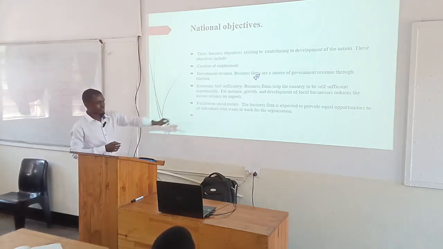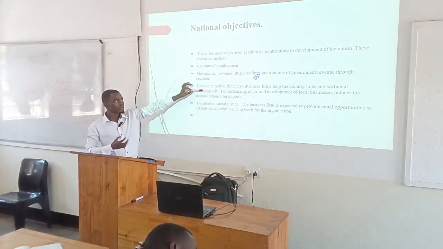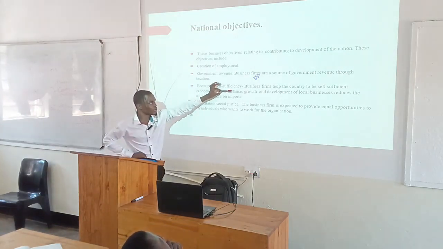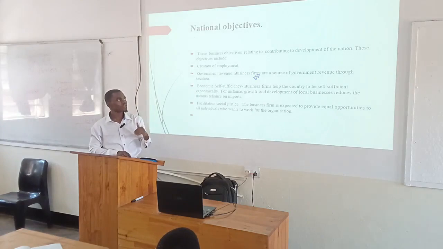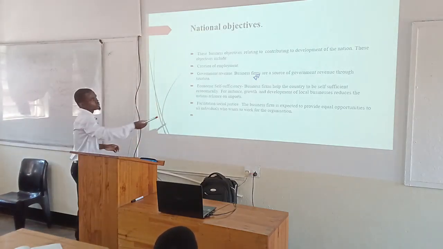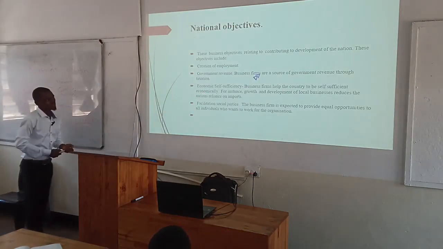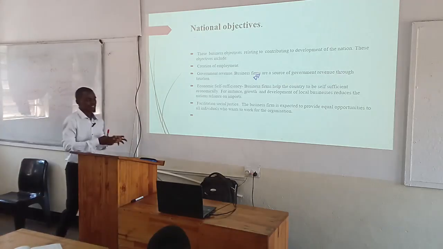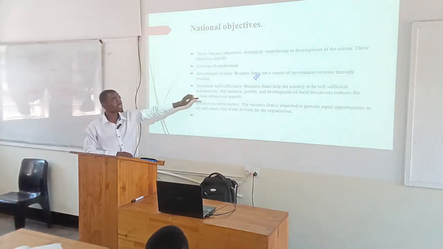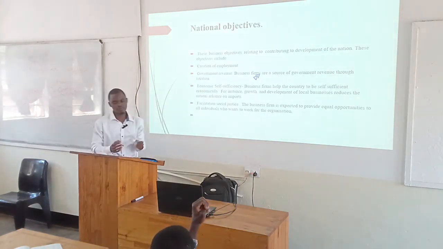So the government wants locally-based commodities. By having locally-based commodities, the country is being self-sufficient, which means the people within this country are not depending on imports. They don't have to import products because they already have products within the nation. So when a country is self-sufficient, it has advantages. For example, we have a country